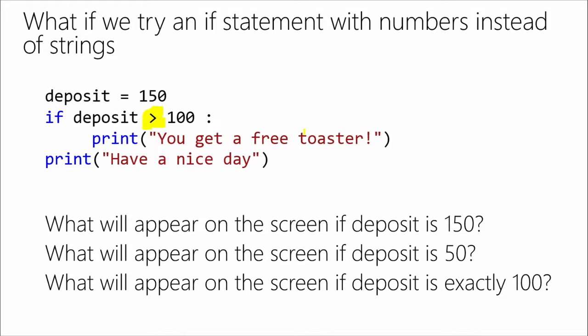It's equal to. And this is one of those scenarios where it's really important when you're working with if statements and numeric values to test all those combinations. Test a greater value, a lesser value, and exactly equal to. And if you're not sure, sometimes you may have to go ask somebody, hey, if it's exactly $100, not $100.01, $100.01 is greater than 100, but if it's exactly 100, do they get the free toaster? Because those kind of mistakes can actually cause some pretty serious problems. Because you're actually changing their business rules if you don't do it correctly.